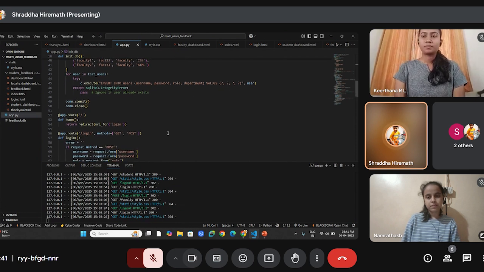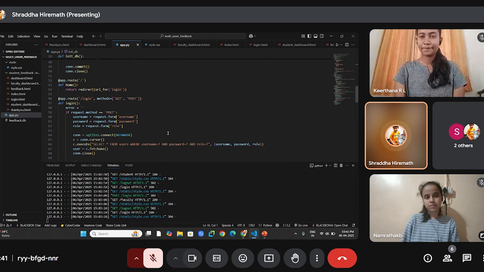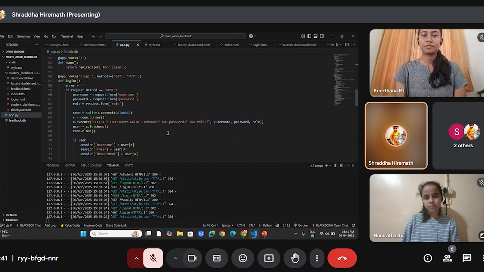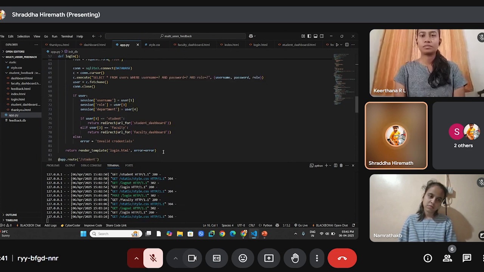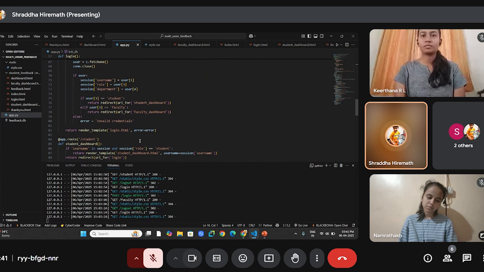I have inserted two departments, one is CSC, another one is ISC. Here, if the user's session is valid, we redirect to the student dashboard after the feedback. If the credentials you have entered are invalid, then it comes back to invalid credentials.